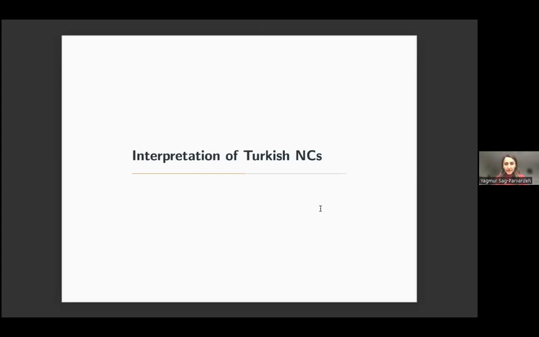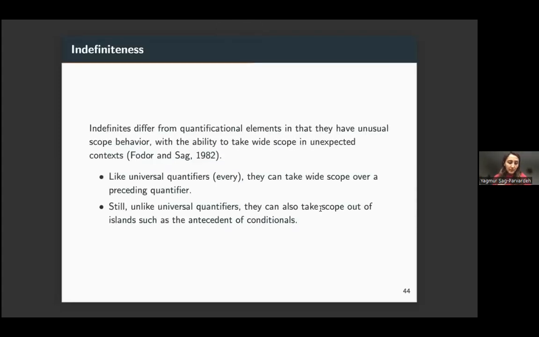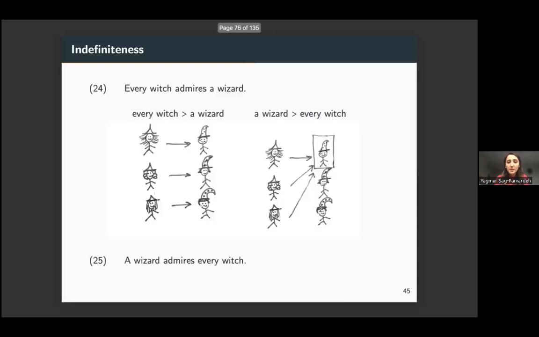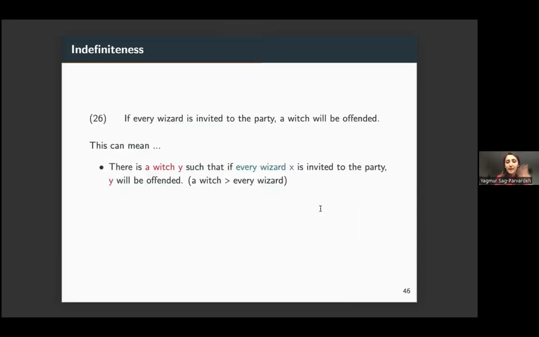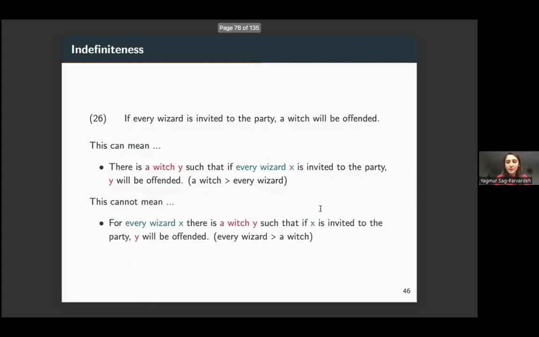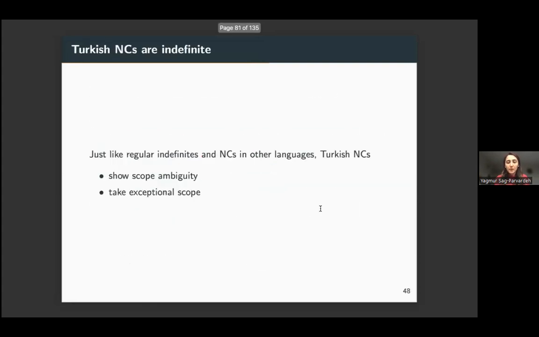So since I'm running out of time, I will skip some slides here. I just meant to show you the indefinite behavior of numeral constructions. For that, I was showing the scope properties of indefinites in general, but let me quickly jump to the Turkish case. Just like numeral constructions in other languages, Turkish numeral constructions show scope ambiguity,